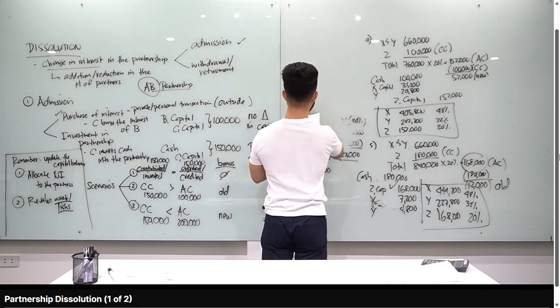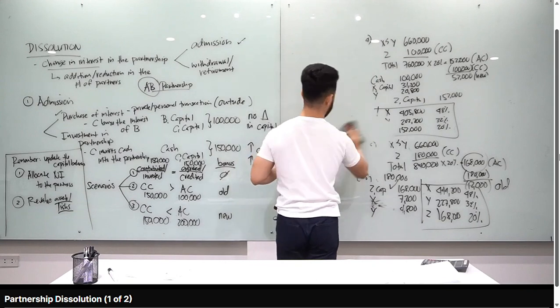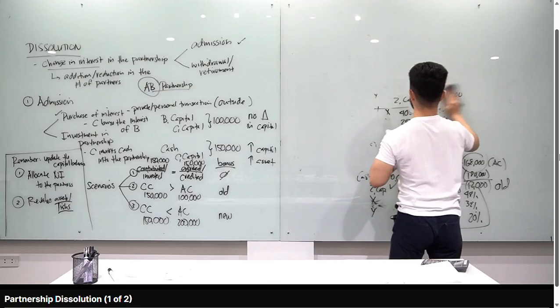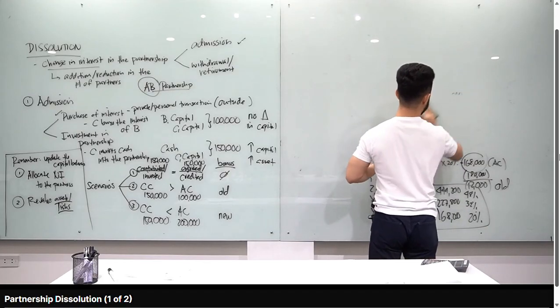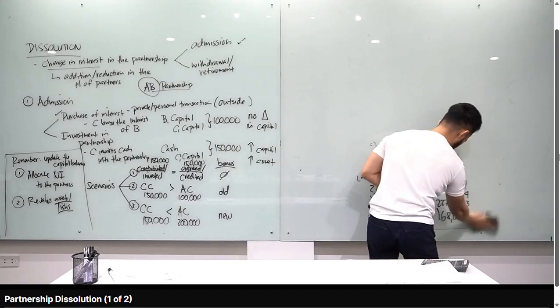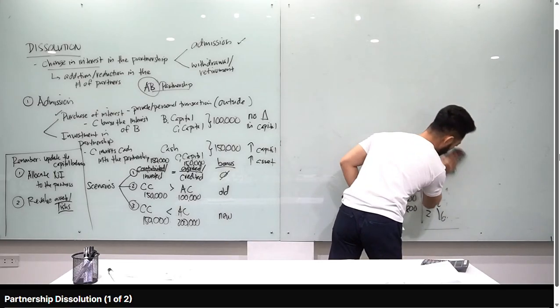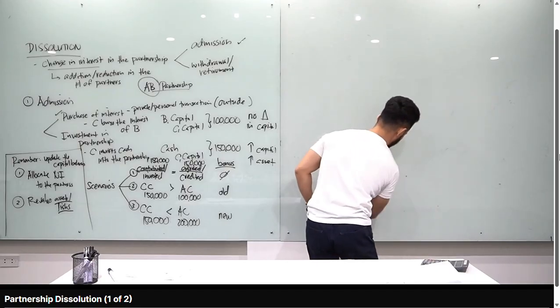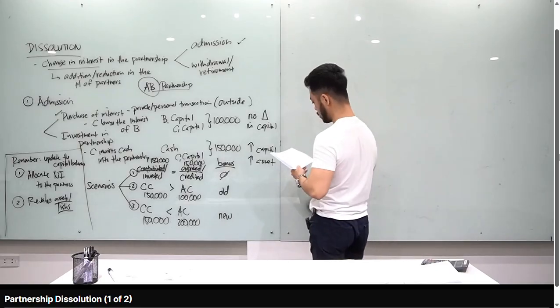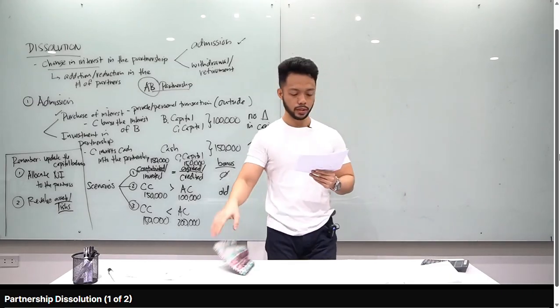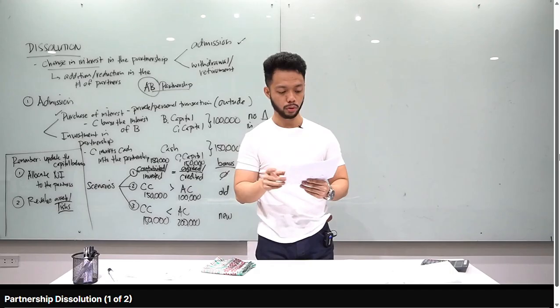A and B have capital balances of 200 and 220 respectively before admission of C. Okay? When you're given capital balances like that, of course your assumption is that they're unadjusted. Right? And our first goal is to adjust these given capital balances. So A and B are existing partners, and C is the new partner. Their profit and loss agreement was 35-65. C was to be admitted for 40% interest in the partnership and 20% P&L.